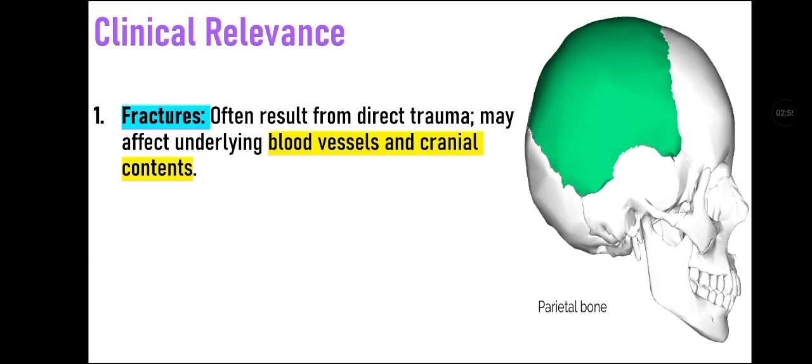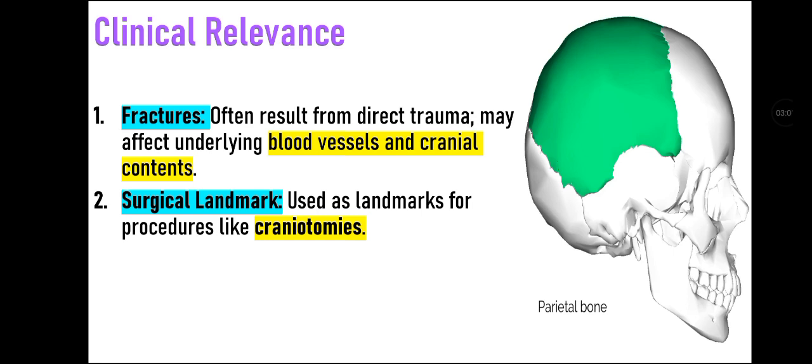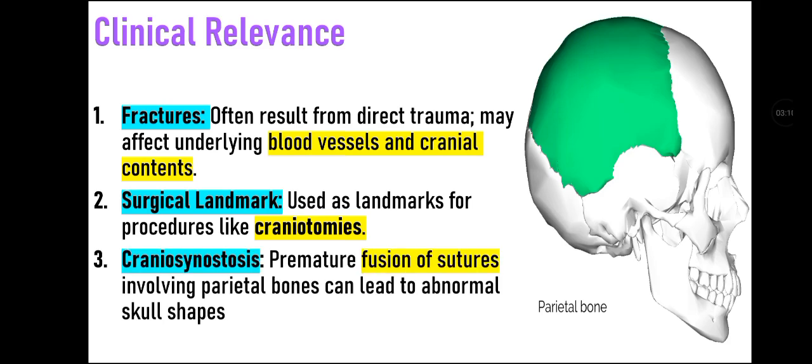Now let's talk about the clinical significance of the parietal bone. The first is fractures. They often result from direct trauma and may affect underlying blood vessels and cranial contents. The second significance is as a surgical landmark, as it is used as a landmark for procedures like craniotomies. The third significance is craniosynostosis, that is premature fusion of sutures involving the parietal bone, and it can lead to abnormal skull